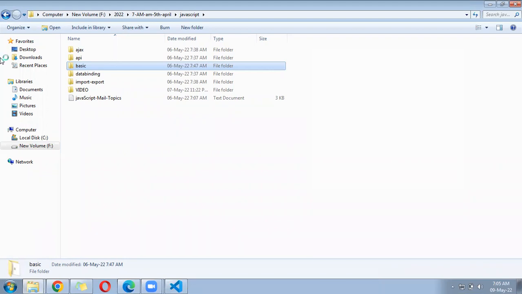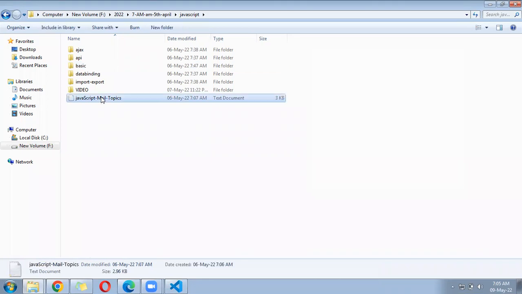There we need to open basic, right? We will be creating the file under the basic folder. Under the basic folder, we are going to work on these particular points. First will be our